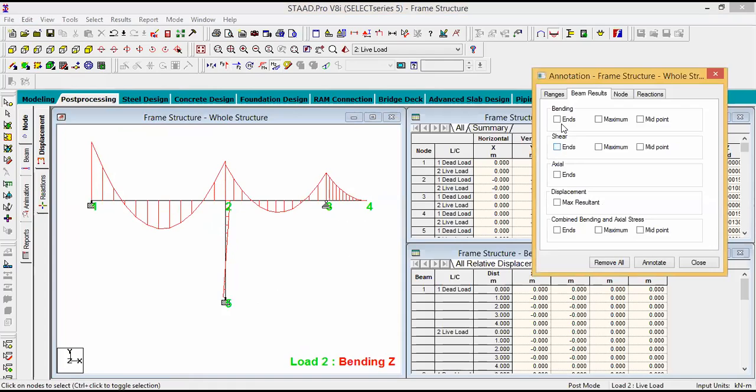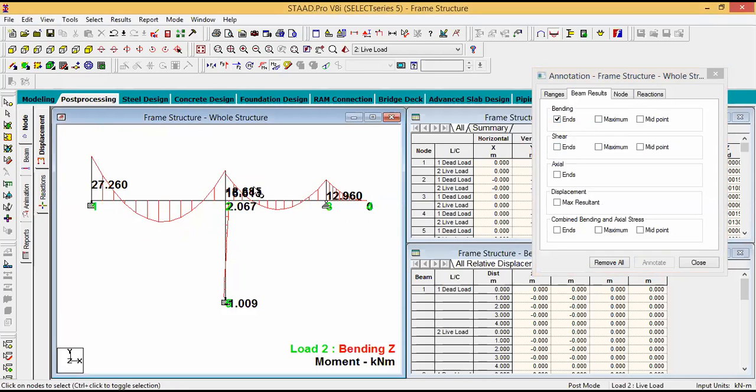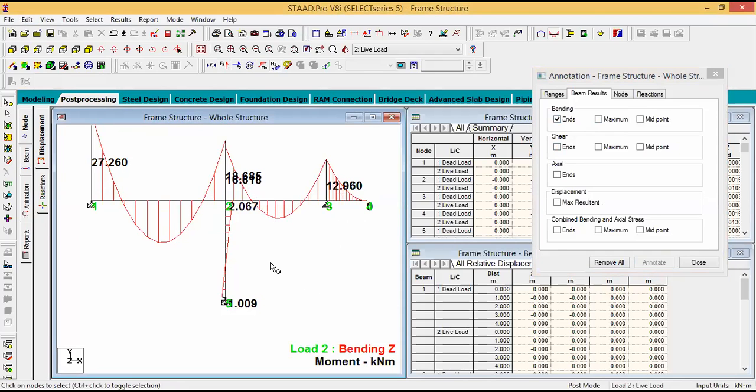For that you can go for bending analysis, bending annotate. And if you see here, it is not visible right now. Some values are overlapping each other. No worries, it will be as it is. No worries for all of us. Okay, so for bending moment,